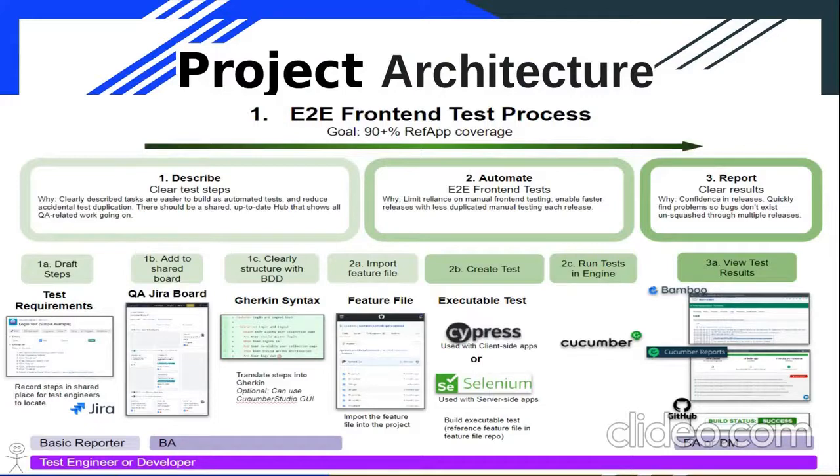Here is the project architecture. The first step is to describe or document the scenarios, known as user stories, in the feature file. These scenarios clearly indicate what the user can do on a system functionality. And then number two, automating, includes ensuring that the steps that have been written in the feature file in step number one have been automated